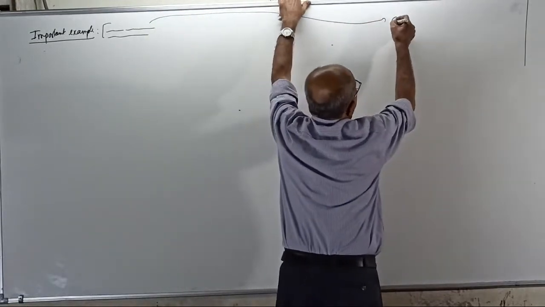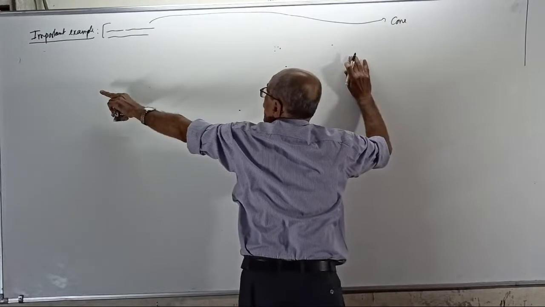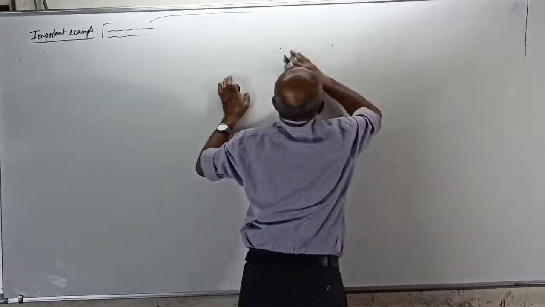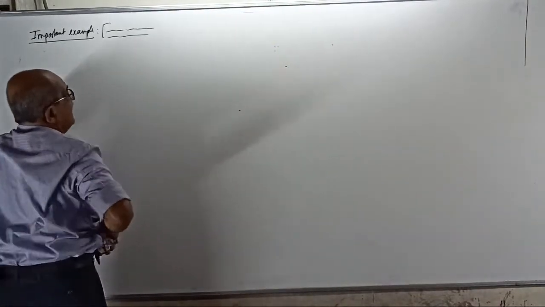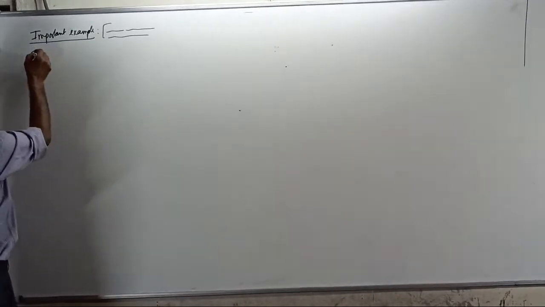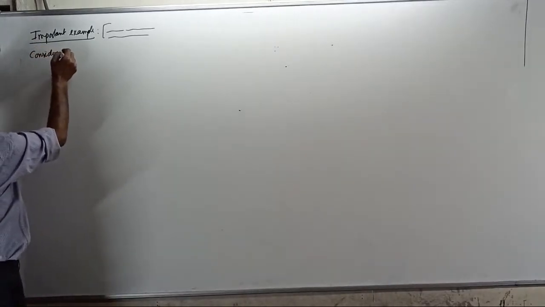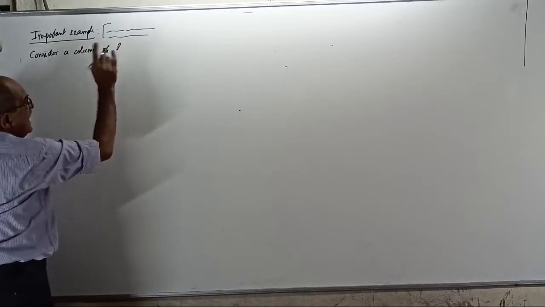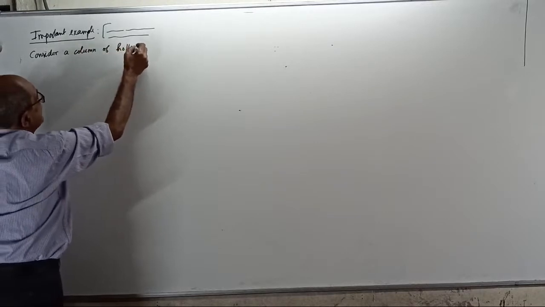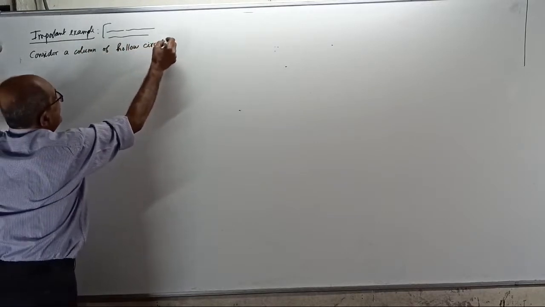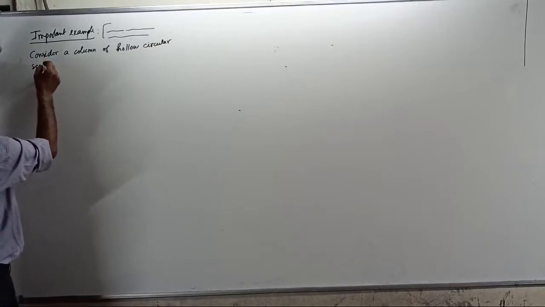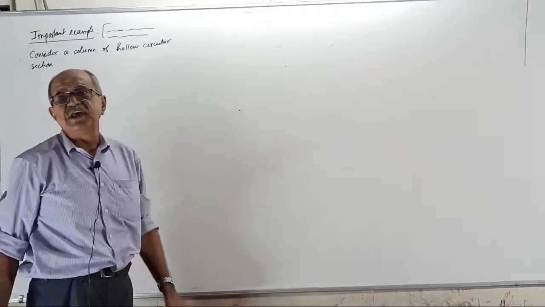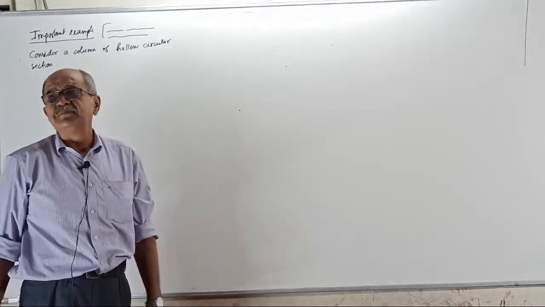Question. Consider a column. Because that side I want for working, for understanding everything. Okay, no problem, I can write here only. So that I can work out this side. Consider a column, instead of rectangular section, I will take hollow circular section. Remember, hollow circular section or cylindrical section, or you can tell pipe.